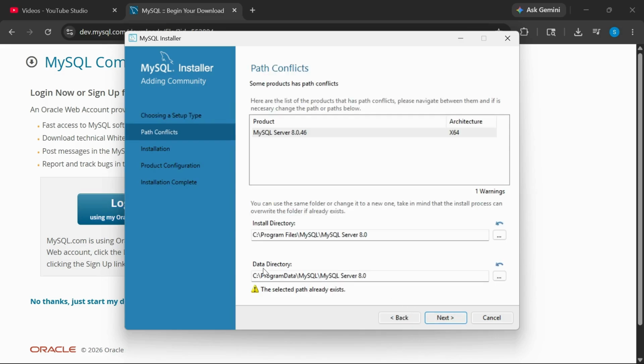So here it is saying my data directory is already present. So I will be removing my already existing data directory. This is showing because I installed it earlier and didn't remove this path. If you are facing the same thing,